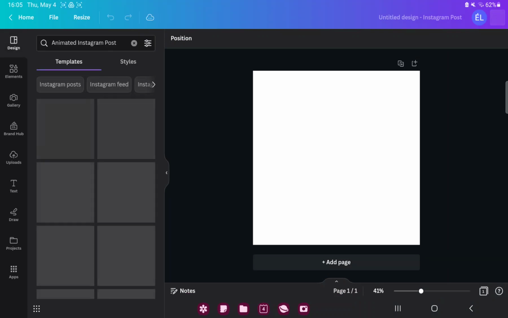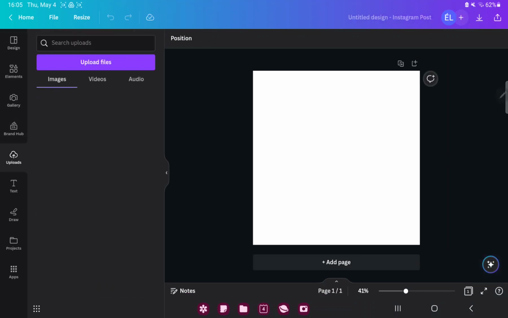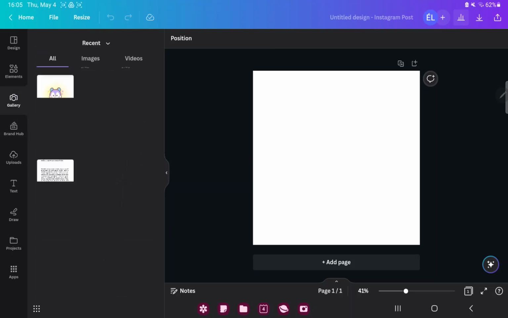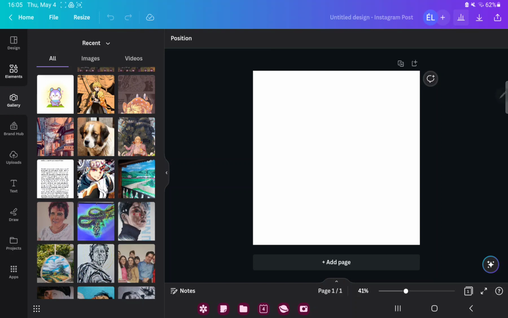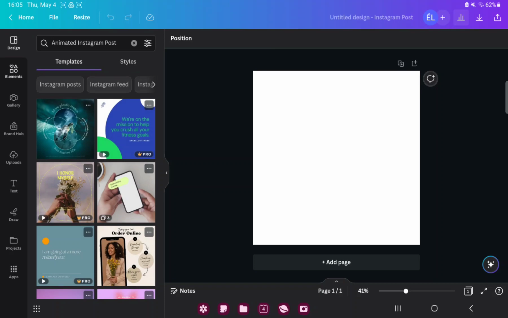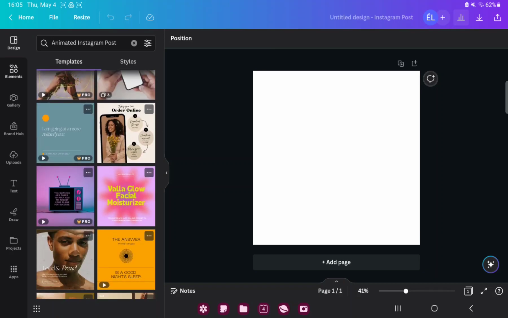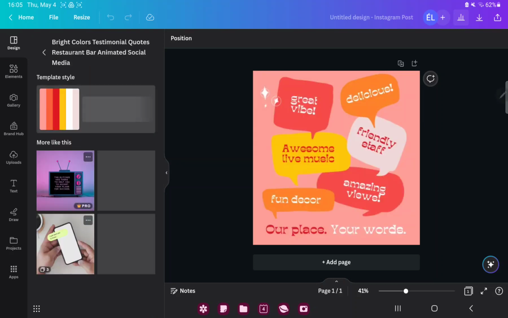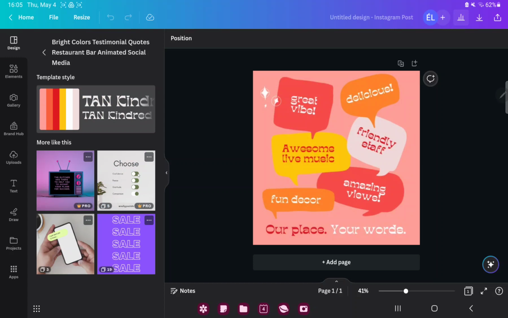And you have more options. You can upload pictures and choose pictures and videos from your gallery, or you can add different graphic design elements in the elements section. And in the design section you can find the different animated Instagram post templates, and just select one and step on it. In the templates you can edit the template style,